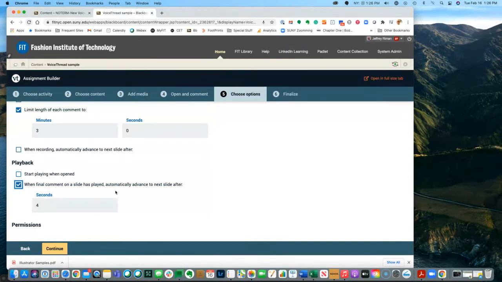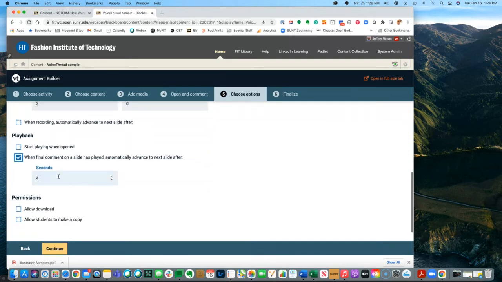Like when you insert a comment, it will not automatically advance to the next slide. But if you check this off about 4 or whatever seconds you want it to be after the recording is stopped, it will automatically advance. Jose, this is a correction to the fact that people had to hit the advance button. Oh, yes. So this will automate the process, so it will go on to the next slide. They don't have to click on. Right, Jeffrey. I was confusing that with the number of comments required. Yeah, well, we're going to get there though, because I have faith that that's in the finalization stage.